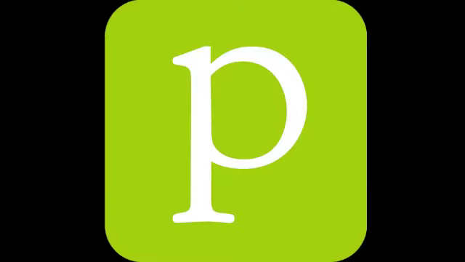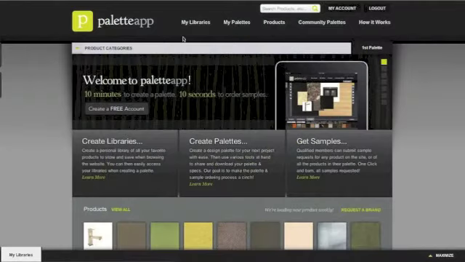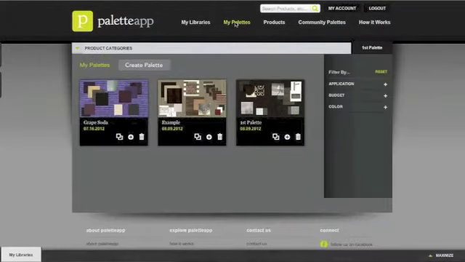This is the tutorial on how to create a palette on PaletteApp, which, like the name says, is essentially what the site is built to do. So you go into your palette section and you click on Create New Palette, and we're going to ask